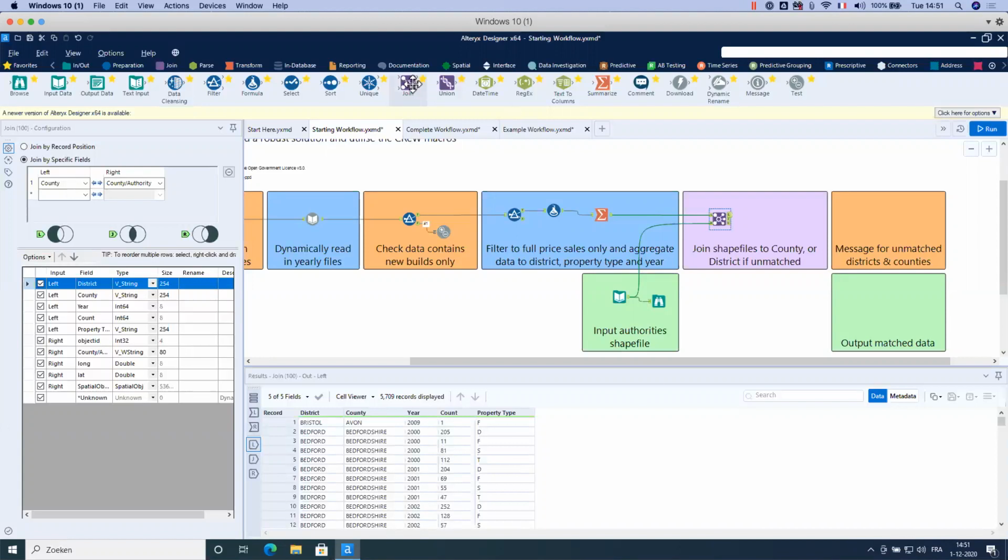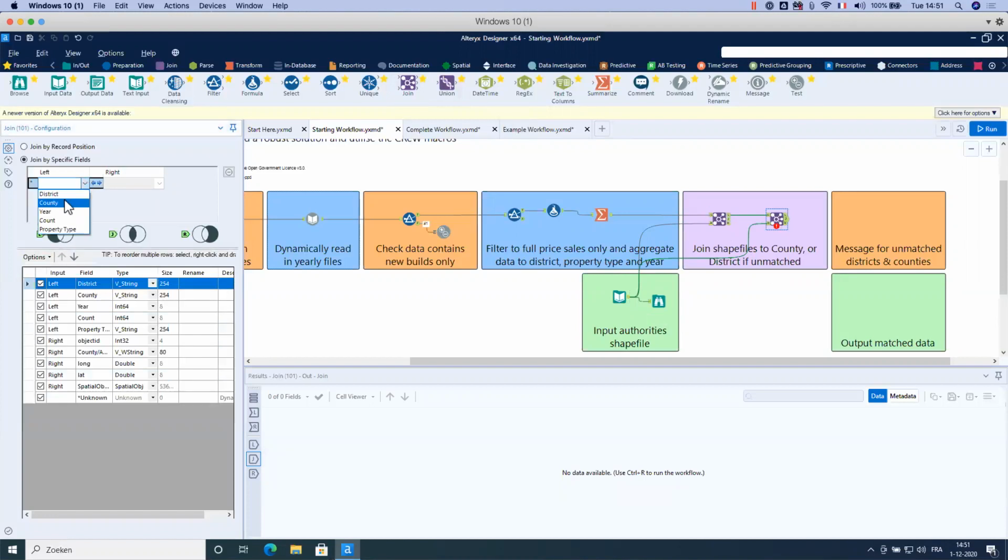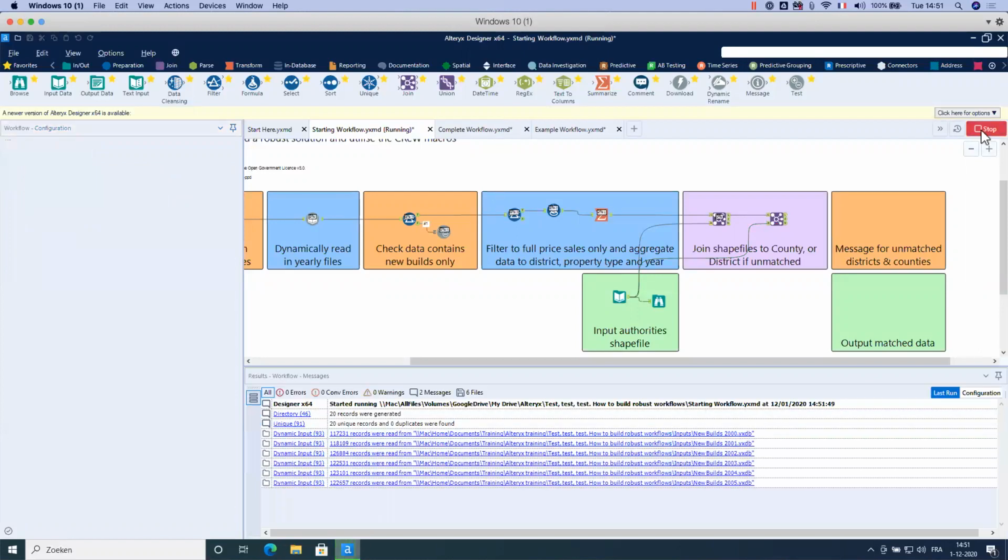So I will use another join, take the unmatched district counties from the left and put the shapefile again into the right. But this time, instead of the county, I will use the district as a key field. And on the right, it should be again the county authority. So I run it.